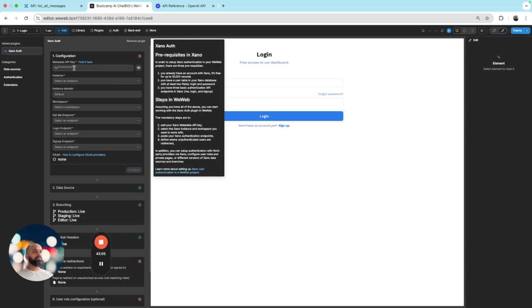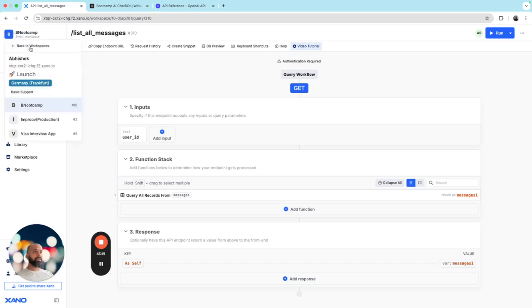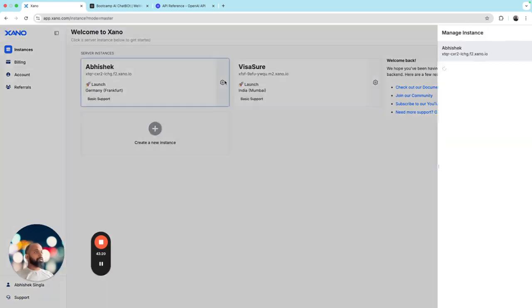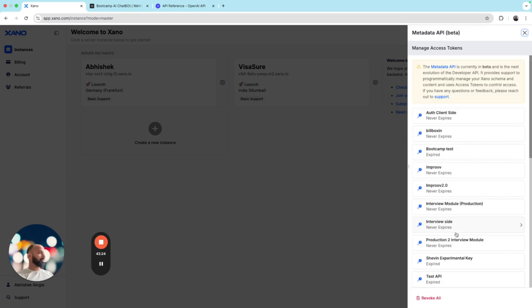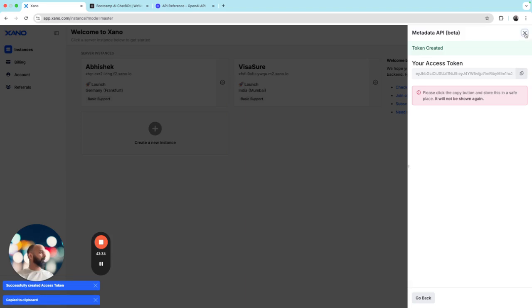Now it asks me for a metadata API key. I can get this from Xano. It also shows me where I can get it from. So I will go inside my Xano. I will go back to my workspace instances, click here, metadata API, manage access tokens, and I will create a new access token called Xano metadata API key. I copied this,